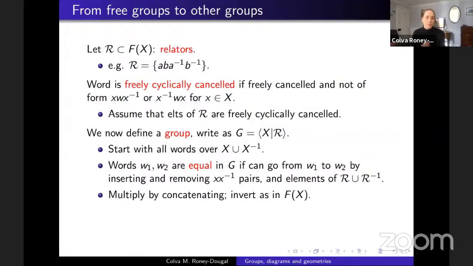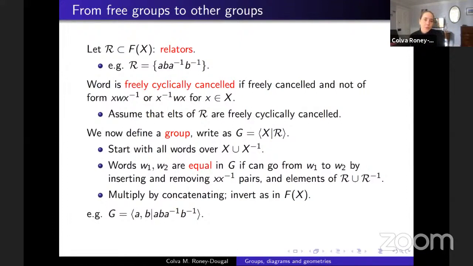And just like on the previous slide, to invert an element, I just write it backwards and put minus signs on. So again, it's an undergraduate exercise to show that this does give us a group. There's only one further condition you have to check, which is what's called associativity, but it goes through. So let me do it as an example.